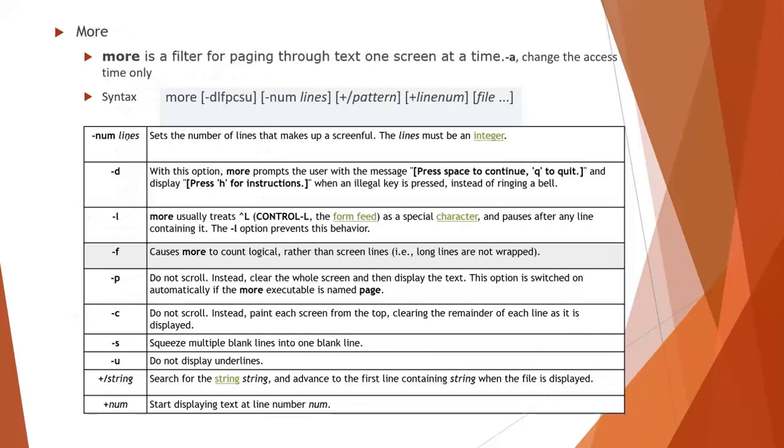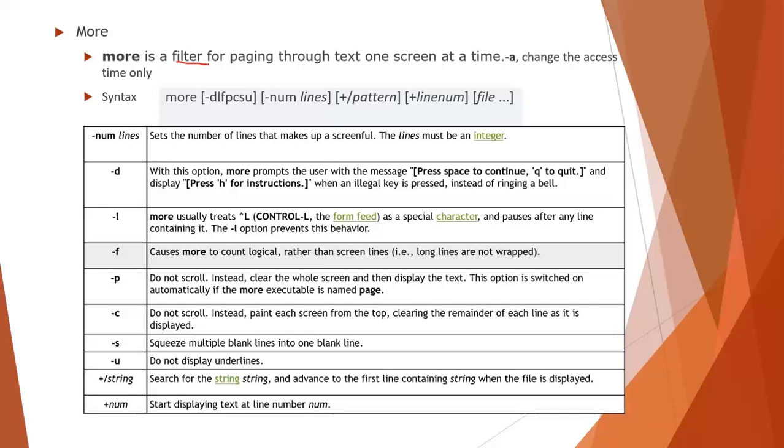Next, coming to one more command called the more command. The more command is used to provide a filter. The use of a filter is whenever you want to search any text or display something on the screen, you can use the more command to filter the information. Say, for example, I want to display only the first two lines from a file, or only the first three lines, or only the last information or only particular words. In that case we'll be using the more command.